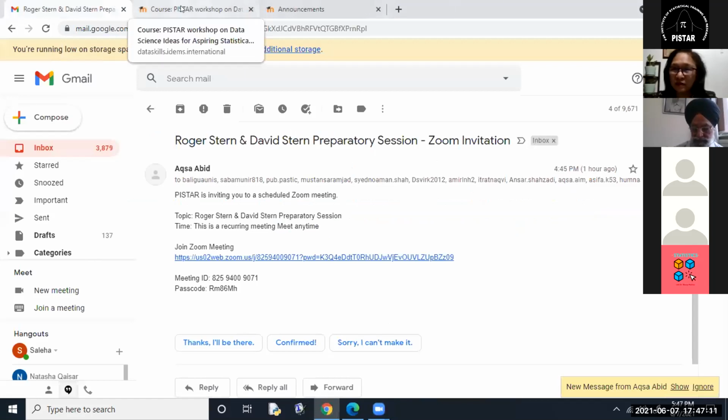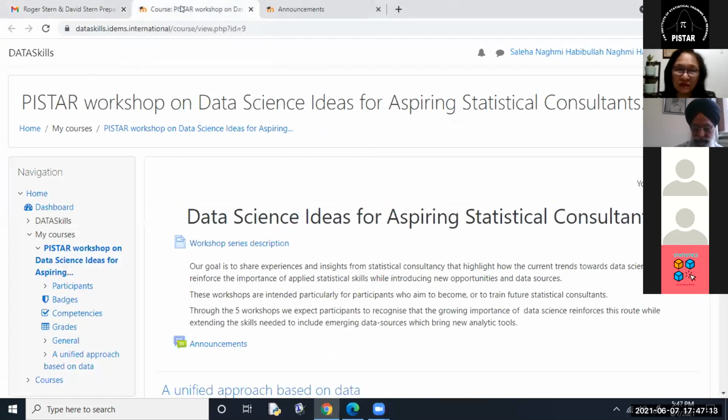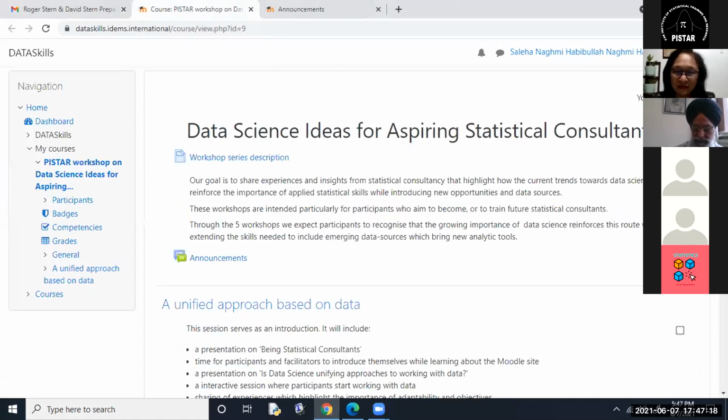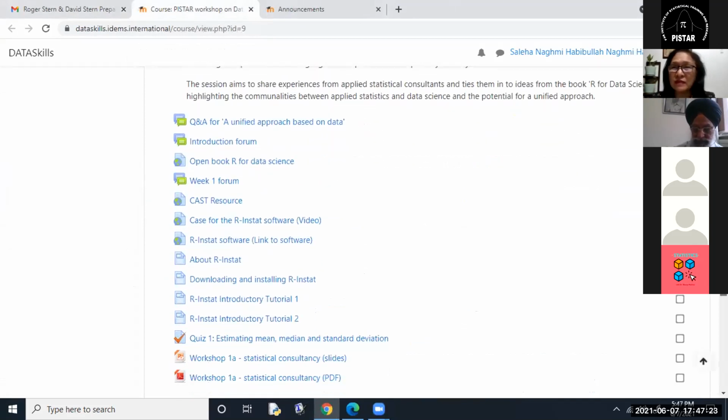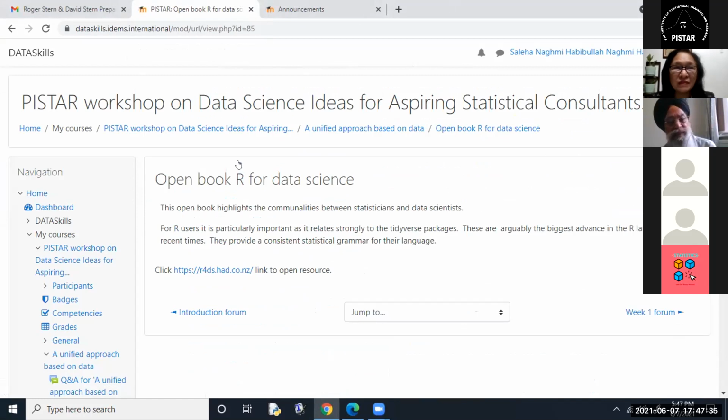Okay, thanks a lot. So we can try to look at the book R for Data Science, which is very important for this workshop, I think. If you look here, they also have R in stat. Is this the book that they keep referring to? Yes, this is a book, but you can't download it. This is the problem. You have to click on the link here, then it will open.